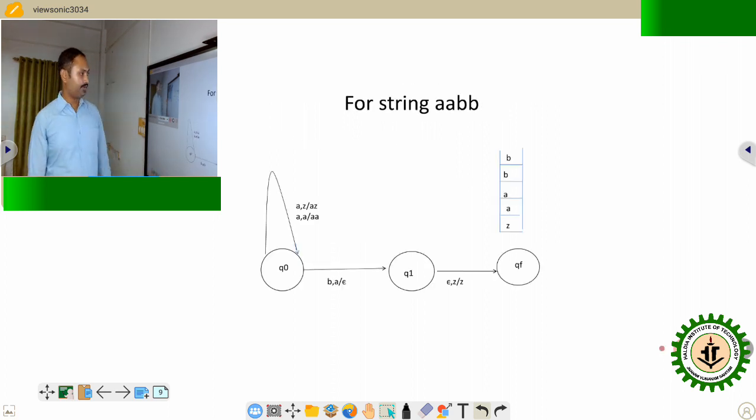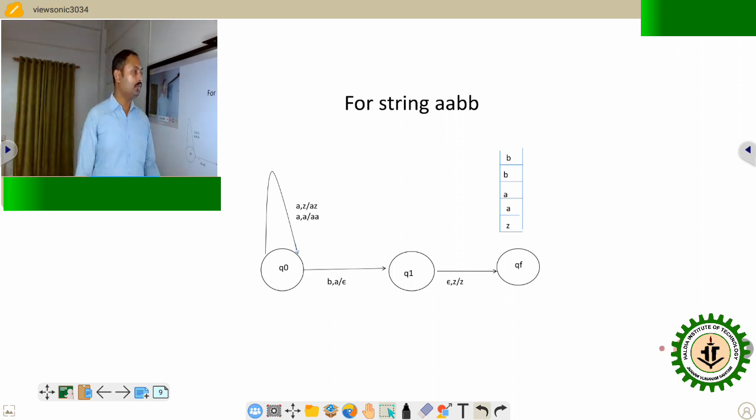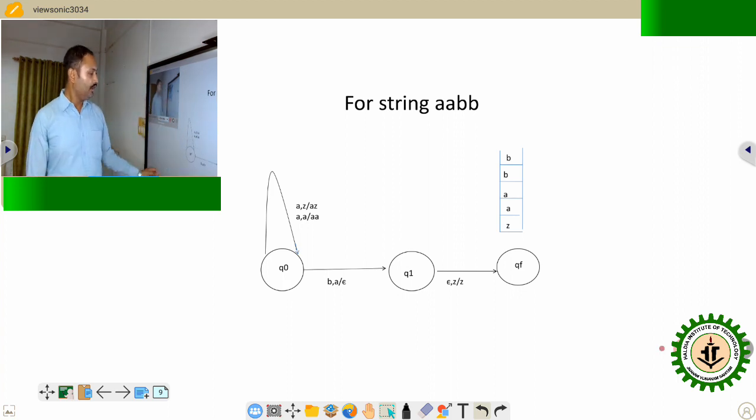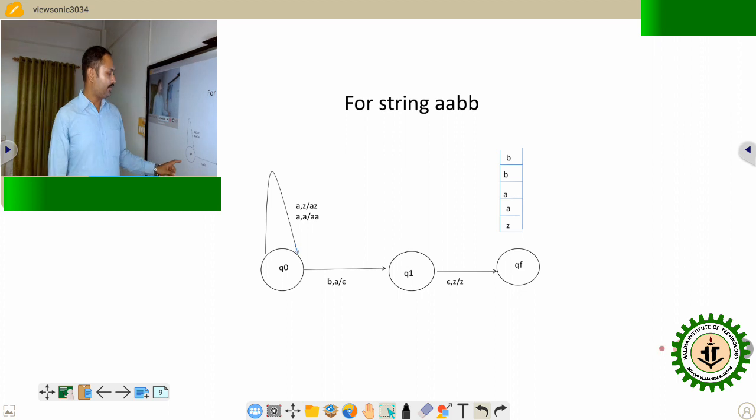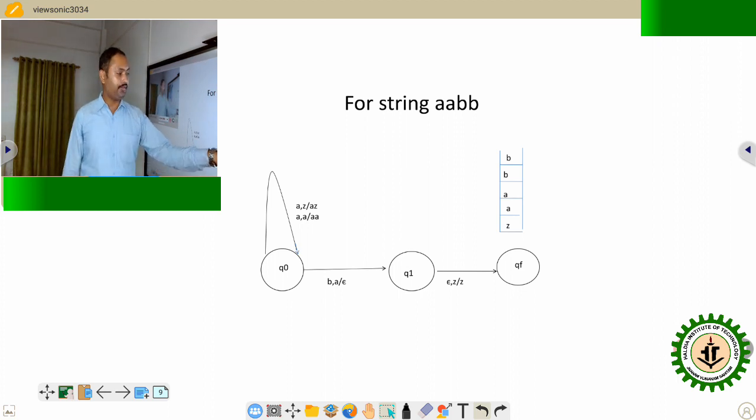So that is the solution. Number of A and number of B is equal, and the value of n equals 2. That is why 2 times A and 2 times B. Now what will happen? First of all, we are going to add the Z symbol into the stack, which is the